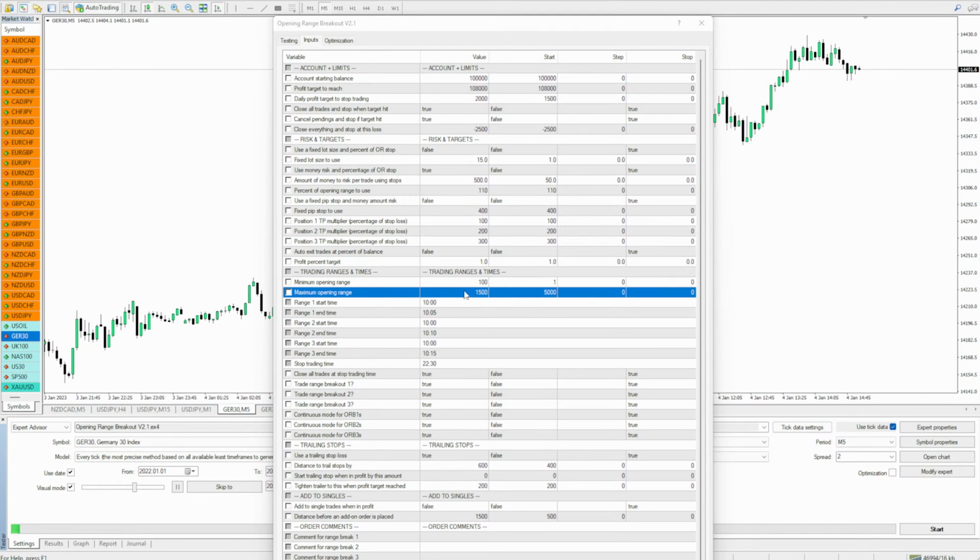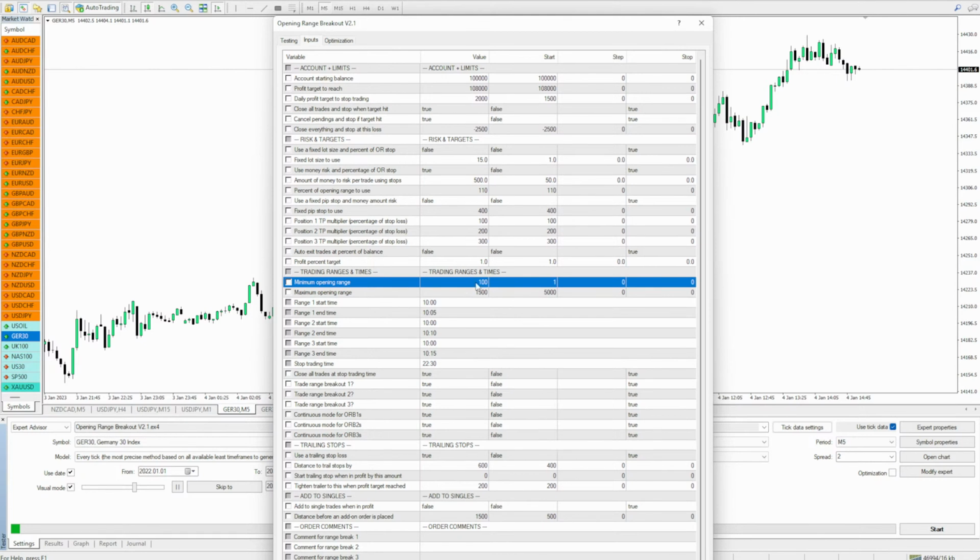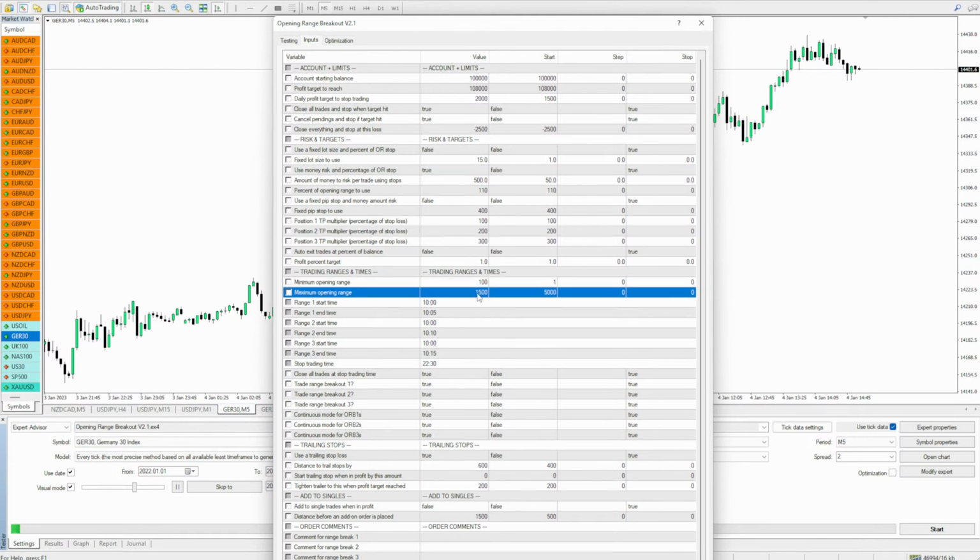Personally, I've found 100 is a kind of a sweet spot for the minimum. The top, it varies. Some of the backtesting that I've done, 800 has been pretty much a sweet spot, which is an 80-point opening range. Anything above that, I find it doesn't really make an awful lot of difference. So for me personally, I'm not going to be using this. I'm just going to be leaving it set at 1500, which does mean if we get a massive spike happening,